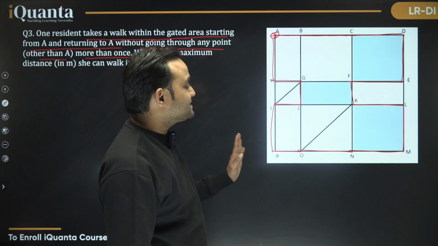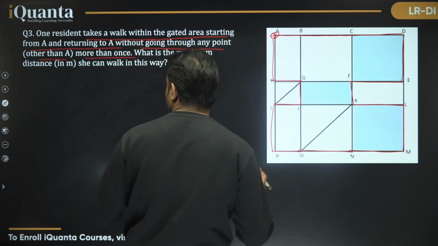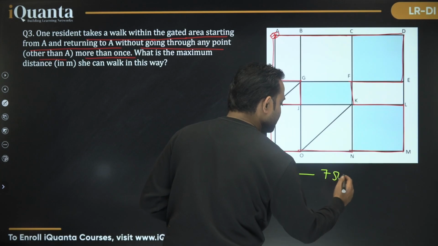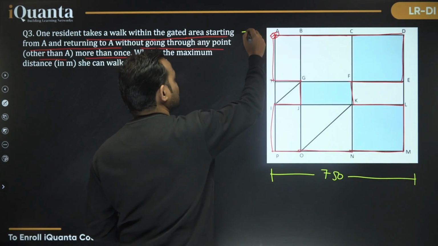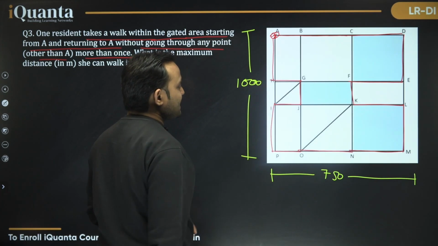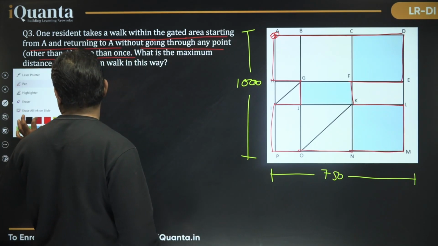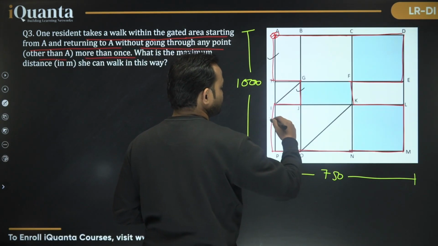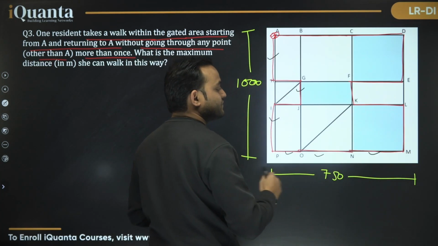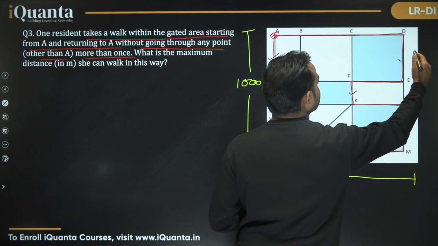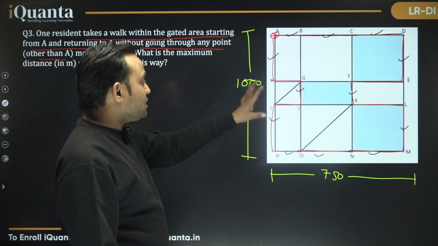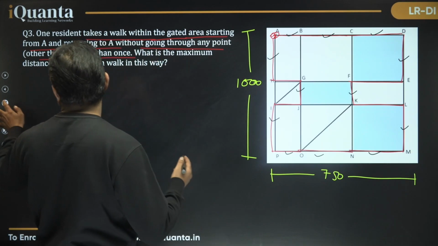Now, if you check the distances, what is the total distance covered? So this whole distance is 300 plus 300 plus 150. This is 750, right? And this whole distance is 400 plus 400 plus 200, which is 1000. So if I take this one, this one, this one, I have covered 1000. If I take this one, this one, this one, I have covered 750. Then again this one, and this one, I have covered 1000. This one, this one, this one, I have covered 750. So a total of (1000 plus 750) into 2, 3500